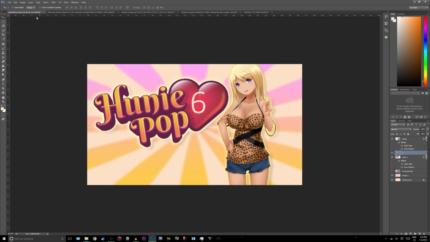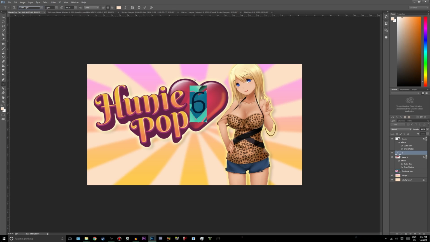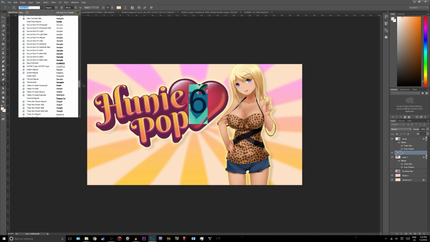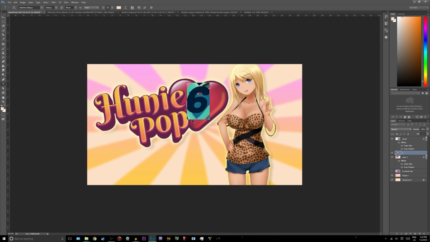into, actually no, I do need to select the type tool because I didn't choose the right font. When you select this, something that I really like to do is Ctrl H, which hides the selection, so it's still selected and you can still change the font and everything, but it doesn't show it to you. So Ctrl H to hide. I have a font that I use for these thumbnails, which is, I know it's down here somewhere, oh there we go, Valentine Oblique. I don't know if it was actually made for this game or if it just looks a lot like it,